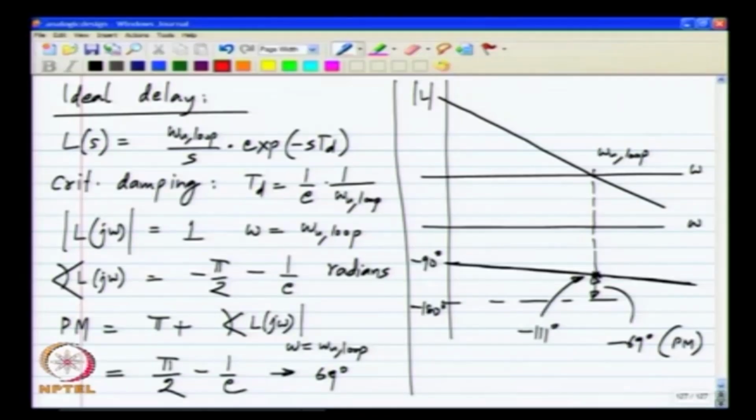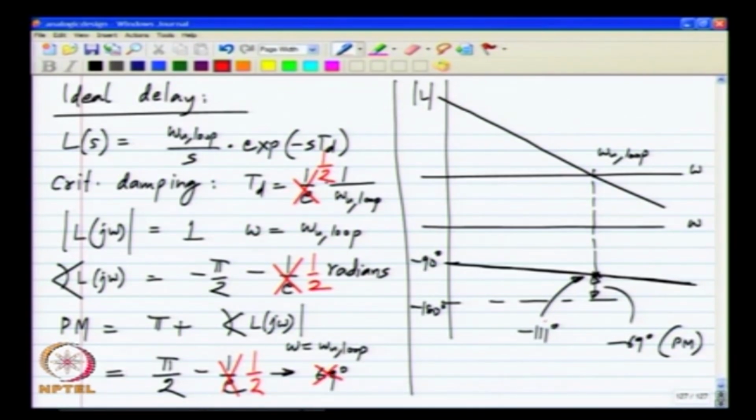Let me make this, instead of 1 by E, 1 by 2. Okay. So, what happens now? The magnitude of L of j omega becomes 1 at still the same frequency. The second part of the expression does not change the loop gain magnitude, but the phase, instead of being minus 1 by E, will be minus 1 by 2, minus half radians. Okay. So, the phase margin will be pi by 2 minus half, which corresponds to,